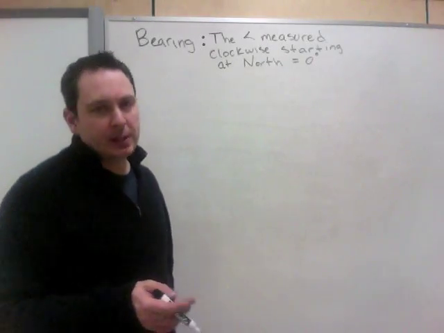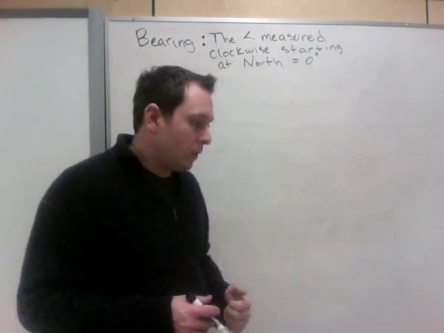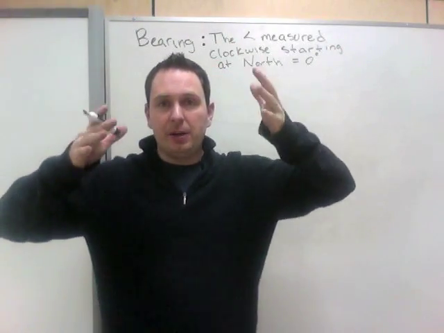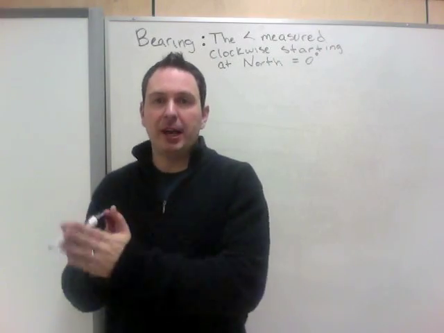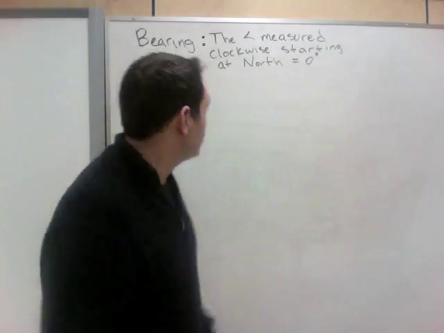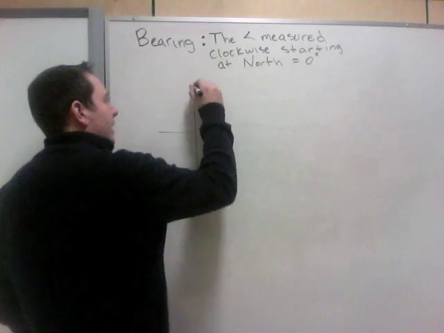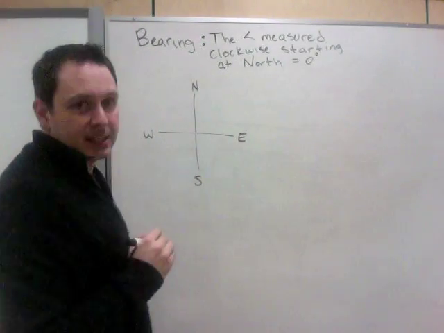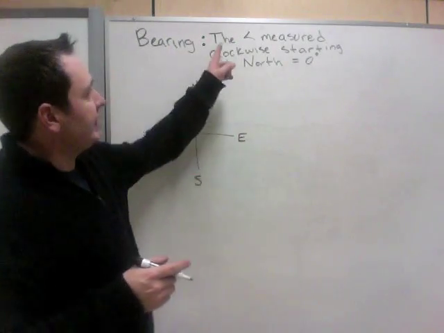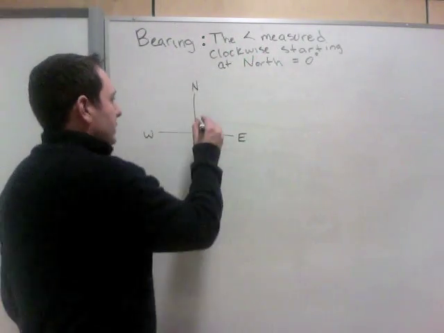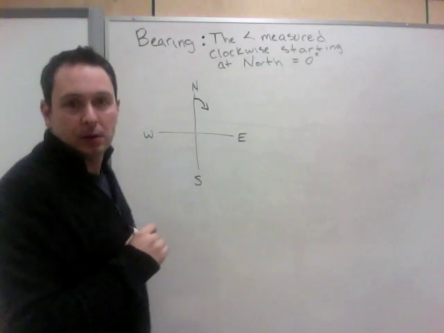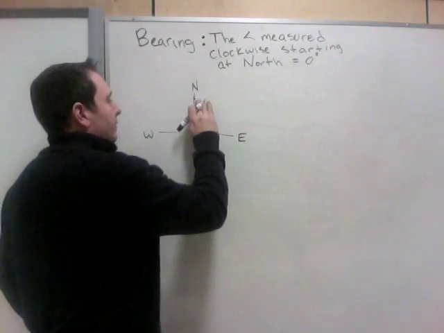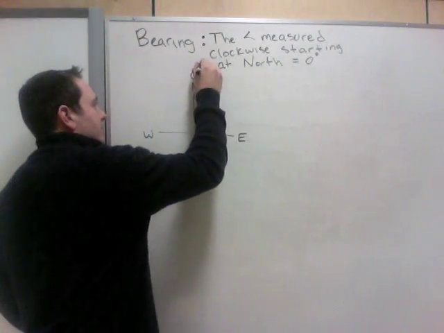Last definition we're working with today is bearing. When you're out in a ship sailing and you have to get a bearing, it is what direction you're heading on a compass. So you get out a compass, and on a compass we have north, east, south, and west. And a bearing is the angle measured clockwise, so we're measuring this way, starting at north equals 0. So if north is 0 degrees,